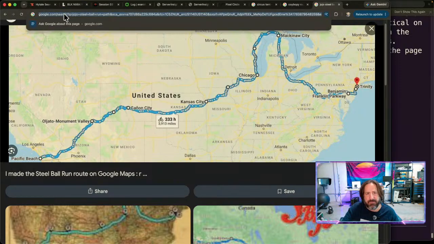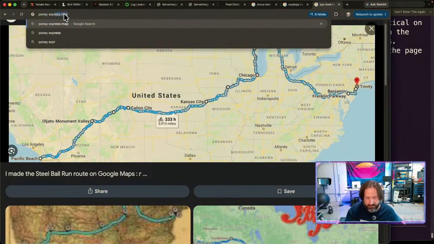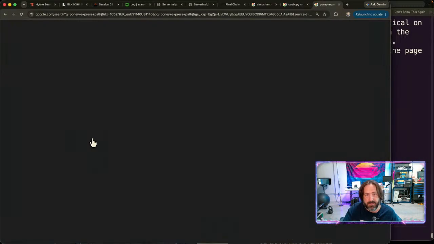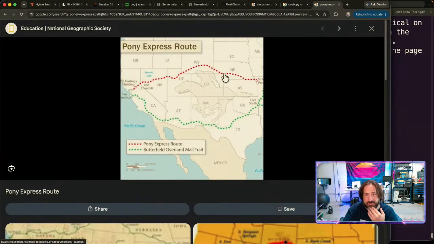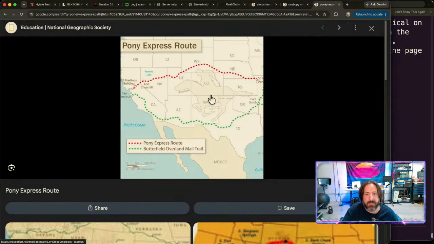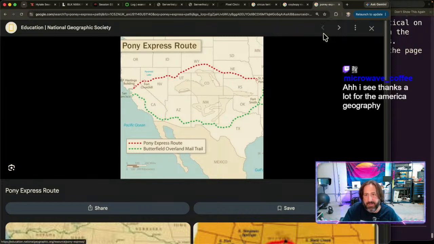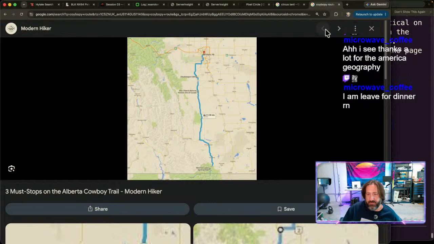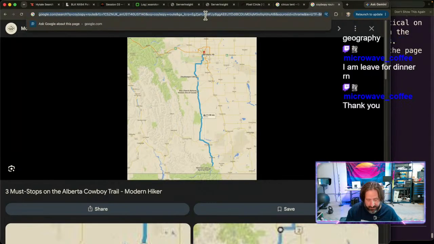I don't know, did I pull up the Pony Express? Yeah, I did. I think I did. So this is Pony Express. So that's my little story. I've actually never heard of the Butterfield Overland Mail Trail, but basically it's just to get mail. And it was kind of neat. They actually used to have a lot of little stops along the way. And then what's funny is you look at